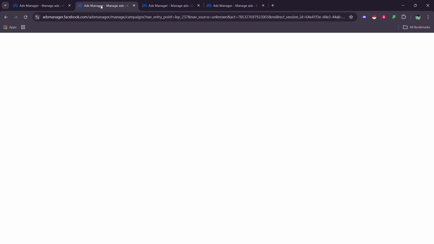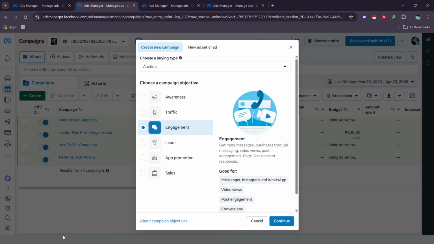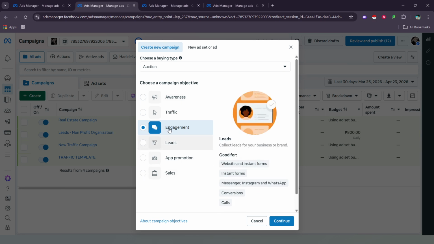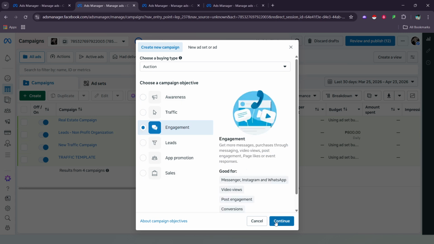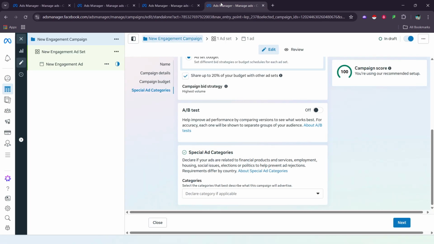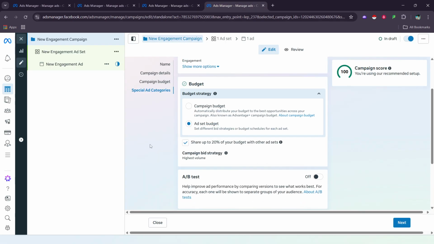Next, choose your campaign goal. Pick the objective that matches what you want most. Messages is great if you want people to inquire directly in your inbox. Engagement is best when your goal is more likes, comments, and interactions on your posts. Traffic is ideal if you want to send people to a website or landing page. Sales, sometimes called conversions, is for when you're ready to track purchases or signups. If you're unsure, think about the action you want someone to take after seeing your ad and select accordingly.